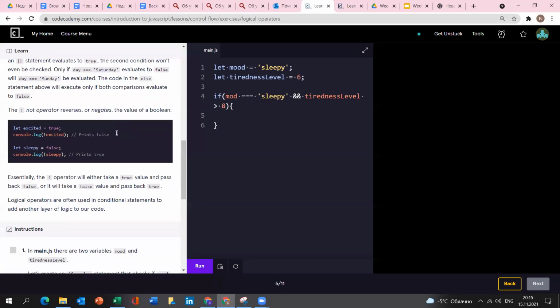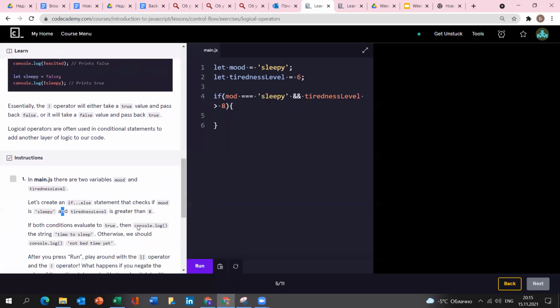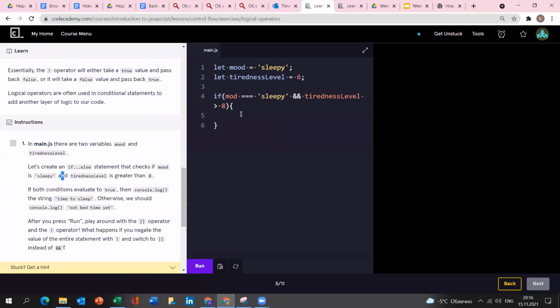and tiredness is greater than 8. And if it's true, we will print out, guys, time to sleep. Else, we'll print